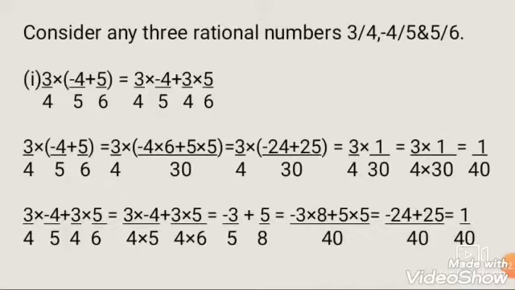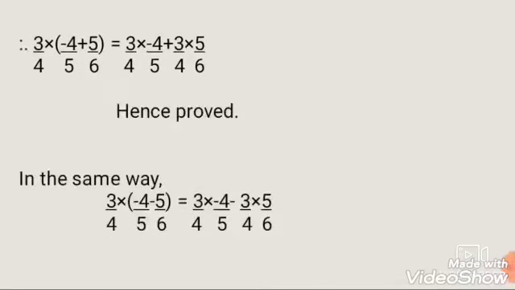Similarly, the common factor of 3 and 6 is 3. When we cancel these two terms, we get 5 by 8. Now we are going to add these two rational numbers, minus 3 by 5 plus 5 by 8. So we get minus 3 into 8 plus 5 into 5 divided by 40. So at last the RHS is 1 by 40. Therefore it's proved, the first condition is satisfied. Let me move on to the second property.